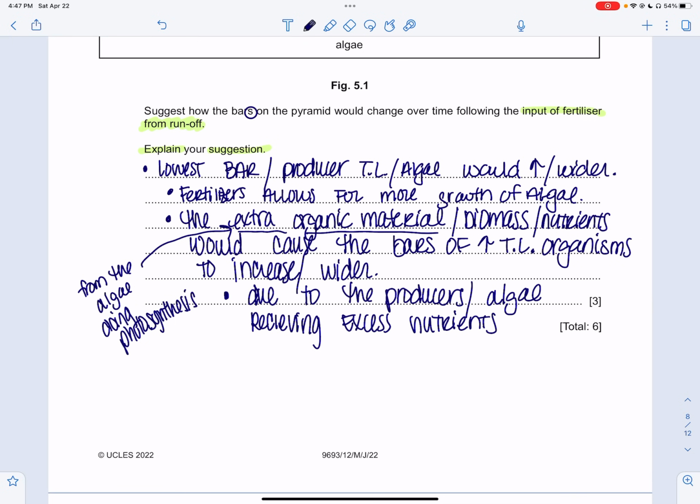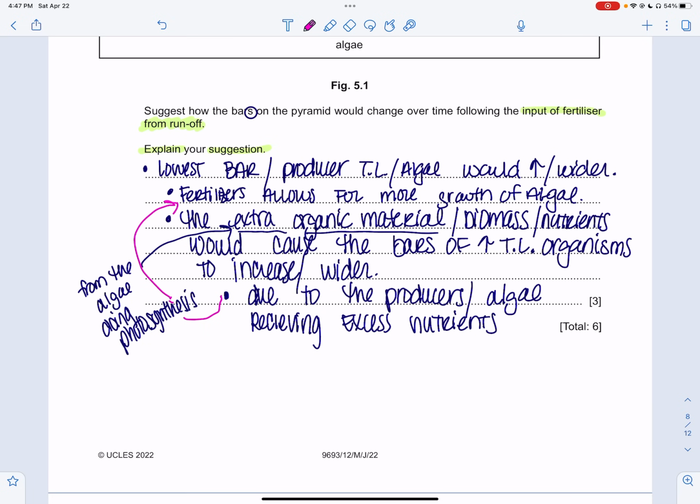And let me be honest, I don't like the order of this. I'd probably put it right here. It's not that it's wrong. Just for me, it doesn't mentally flow the way I would want it to. They all work. So the way I would want it would be the lowest bar, the producer trophic level, or